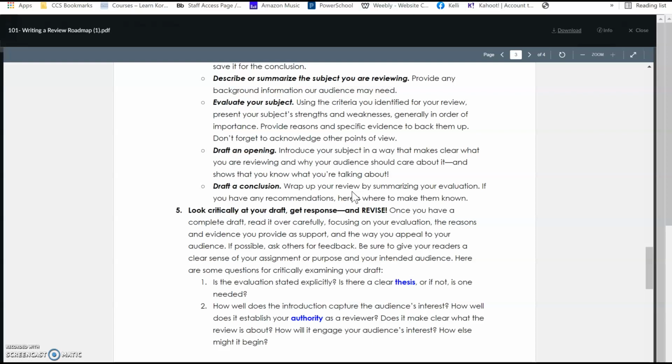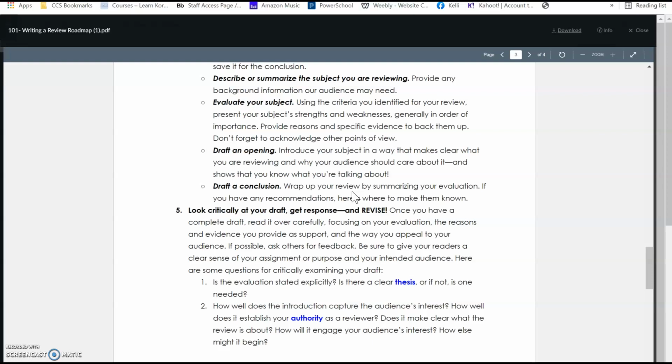So number 5 says to look critically at your draft, get response, read it to someone, a parent, a sibling, a friend, to get some feedback on whether you've covered all your bases, and whether they feel it's an effective review. And then the revision process, which is so important. I think it's a step that a lot of you are skimping on for your final draft. You cannot replace a critical read-through, a very thorough proofing. It's going to catch 95% of the errors that you're making in your essay